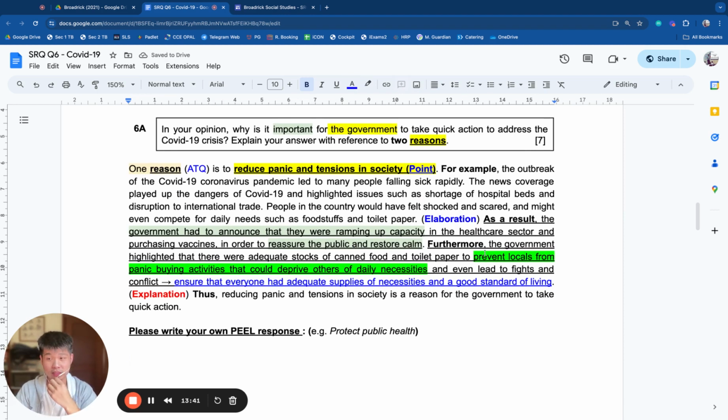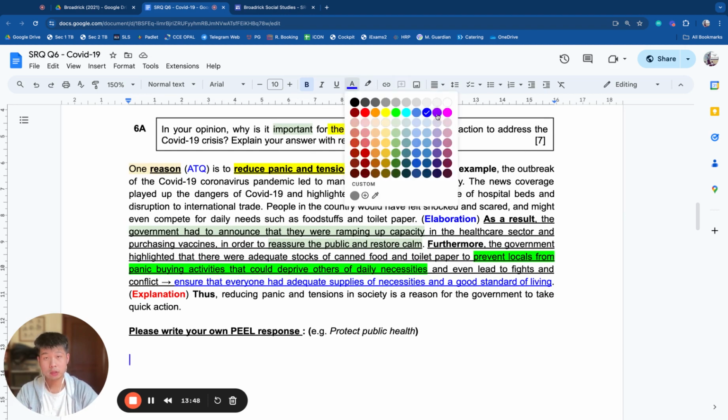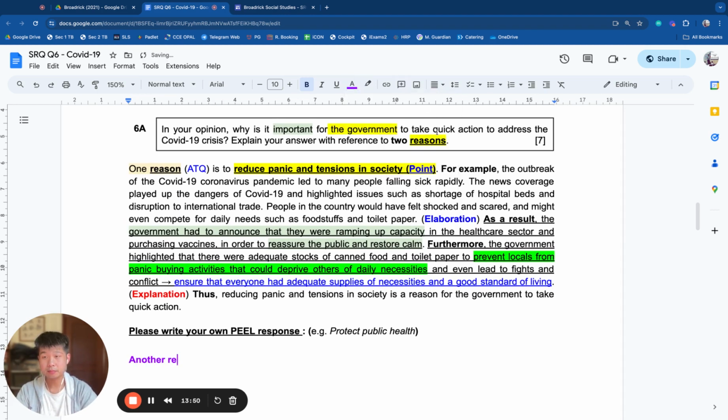I'm going to respond to this question now using this reason. So I'm going to continue with ATQ. Another reason is to protect public health. All right. So I need to elaborate on this now. For example,